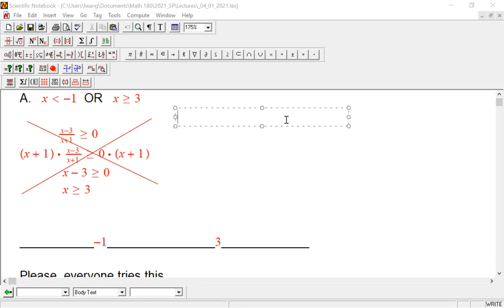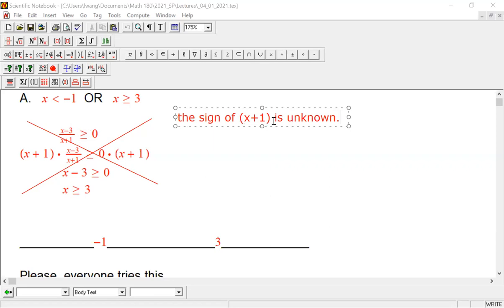I want you guys to write this down. Put it in your notes. This is a very, very common mistake, and there's a reason why this is a mistake. The sign of x plus 1 is unknown. That's the reason. Because when you multiply x plus 1 on both sides in the case of an inequality,